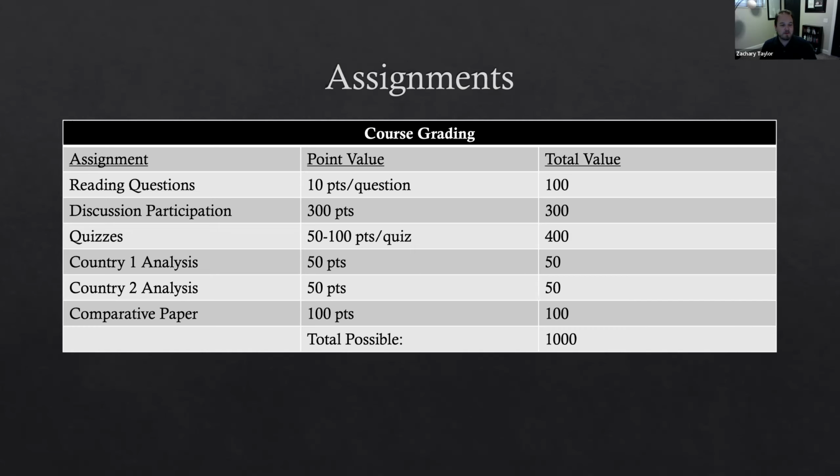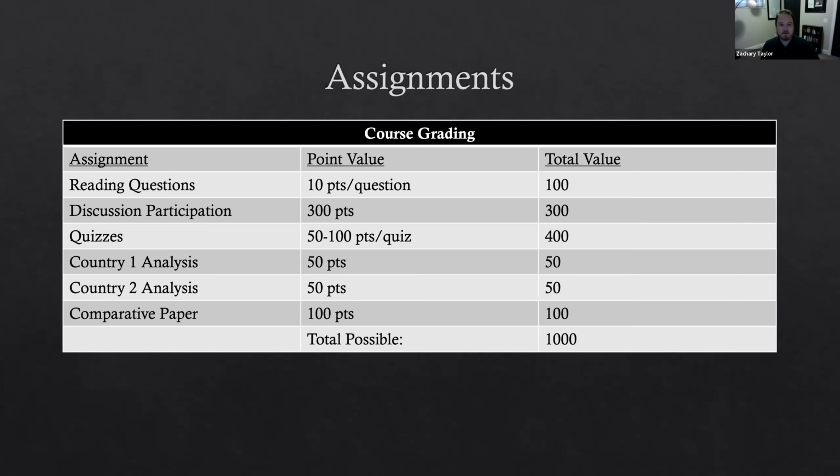I have listed suggested countries just based on what's available in the textbook, because I think that's a nice place to be able to start. So you'll see in each of these assignments, and we'll look at this in a minute, a list of possible countries that you can use. Those are just if you want the information laid out for you. You only have a couple of other resources that you need to pull in.